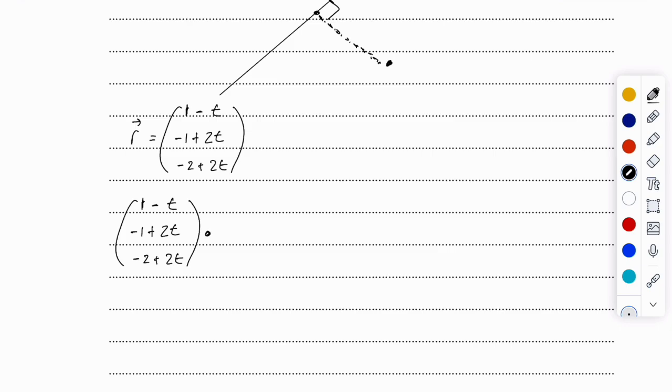Right, 1 minus t, negative 1 plus 2t, negative 2 plus 2t. That, okay, times negative 1, times 2, times 2 equals what? Negative 1 minus t plus 2, negative 1 plus 2t, plus 2, negative 2 plus 2t. Okay,